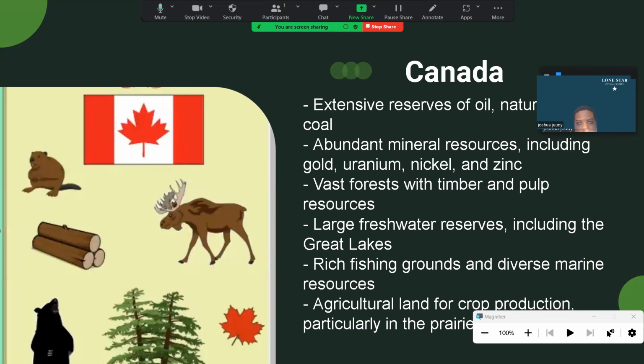Next, we move on to the great land of Canada. Oh, Canada. All right, Canada, its resources. Again, similar resources to the United States. Because, why? We're on the same continent. Remember, guys, Canada and the United States are both part of North America. So being part of that North American continent, we pretty much have the same situation there. Again, similar to the resources of the United States.